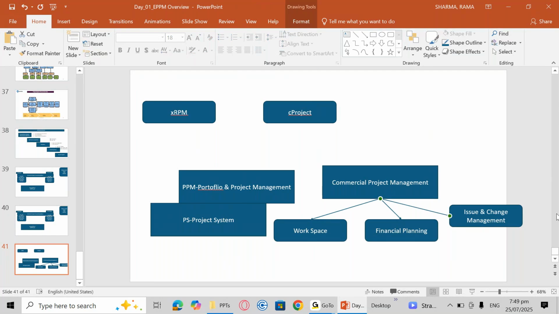Okay, so this scenario we have here as a part of this project, as a part of this batch, we are going to focus more on the area of PPM, portfolio and project management, and here project system and CPM are going to support our solution. So we are just going to focus only on a limited area in the PS and the CPM, but PPM we will go into in a more elaborate way. Okay,